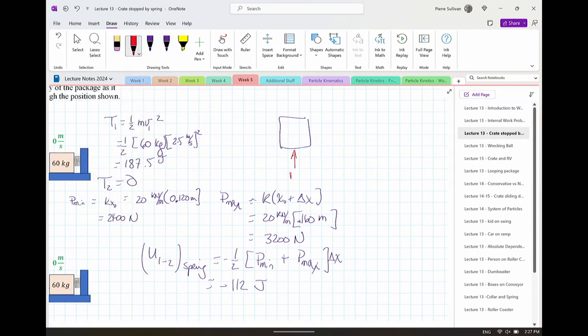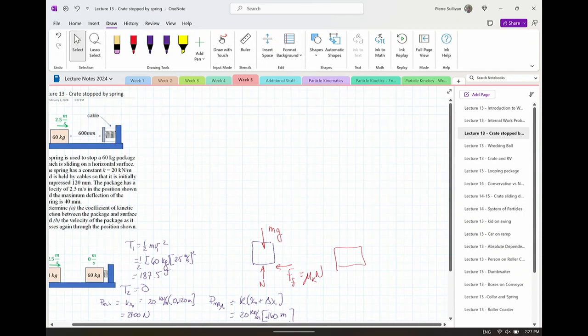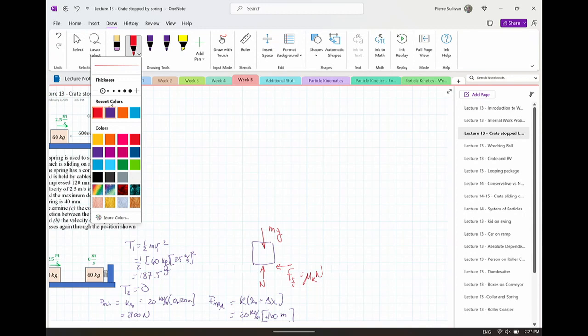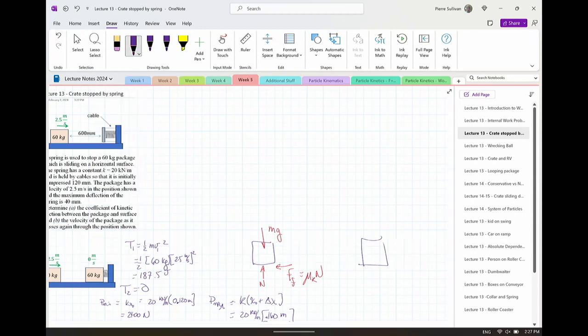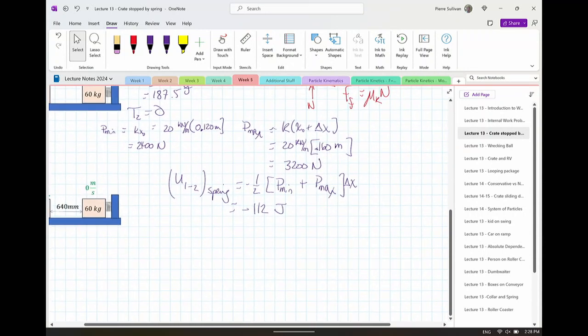So I have a normal force, I have the force of friction, and I have mg. I also have a force of the spring that is opposing motion. So I have to consider all of that in terms of this. And so my work, no surprise, is that work